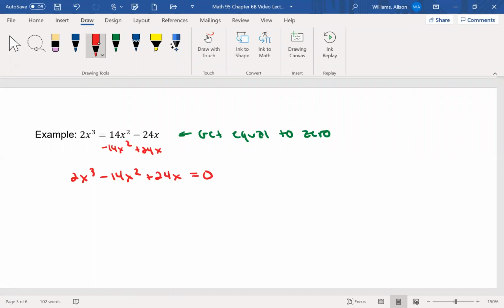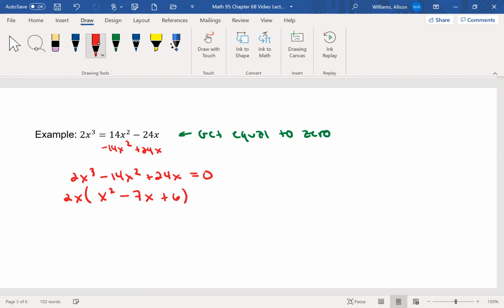Okay, so now I'm going to factor this. First thing I'm going to do, check for GCF. And I do, I have a GCF. 2 goes into all 3 of those numbers, and they all have an x in common. So I'm going to factor out a 2 and an x, and I'd be left with x squared minus 7x